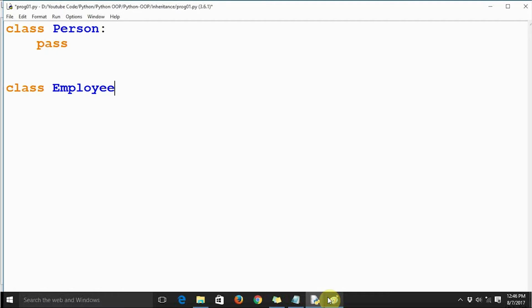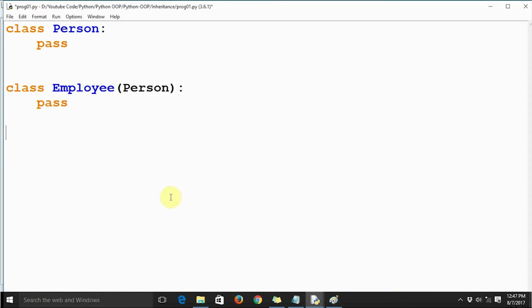If I want to extend class employee, or inherit class employee from class person, I have to mention it like this. This is the syntax of inheritance. As of now we are not going to have any variable in this. This is a very simple example of inheritance, known as single level inheritance or simple inheritance in terms of object oriented programming.